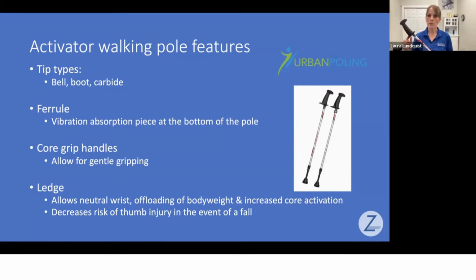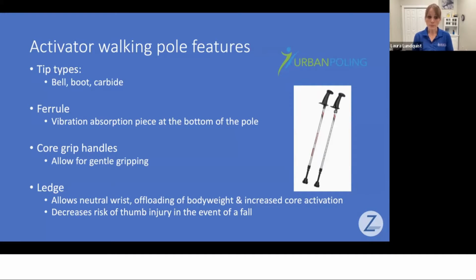I mentioned when we were talking before the core grip handle. So you can see in the picture there and here with me that it's quite a wide grip here. And so that makes it quite comfortable. And then you can also see how it's got this ledge. And so because it's got that ledge, we can hold our hand down like this. And when we're pressing down on the ground, we can push down through that ledge. And that allows us to get good pressure down through the pole, which relieves the pressure on our joints.